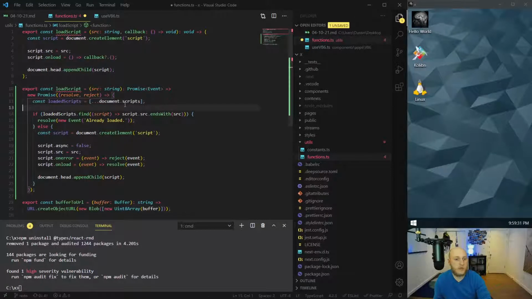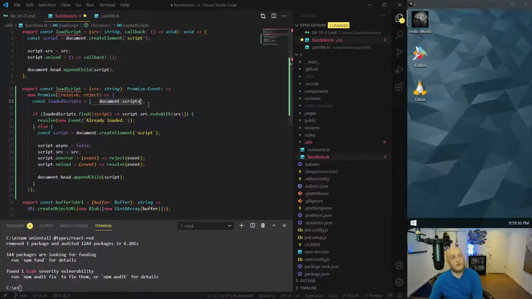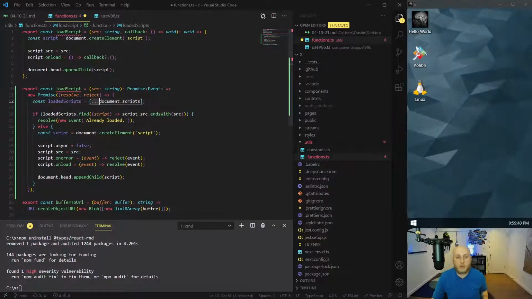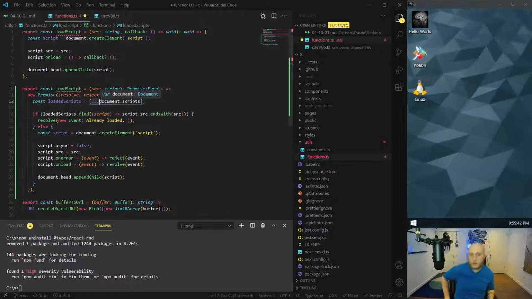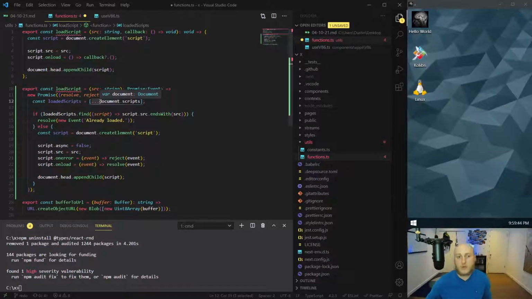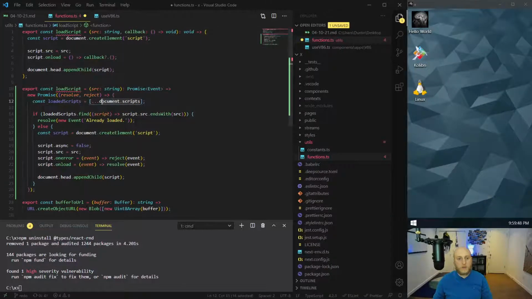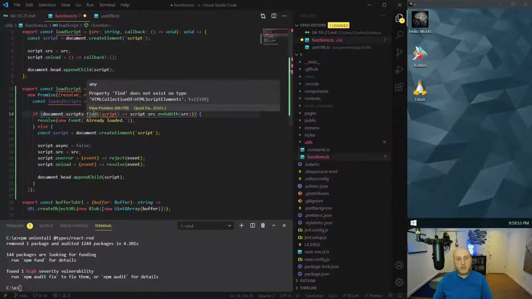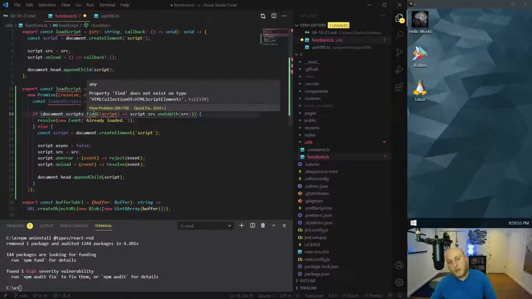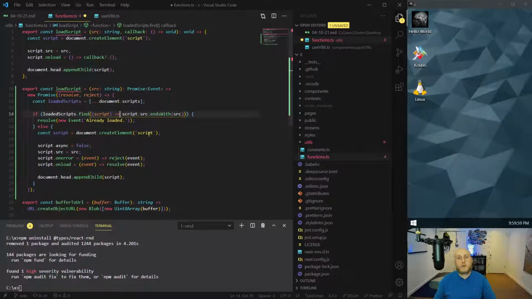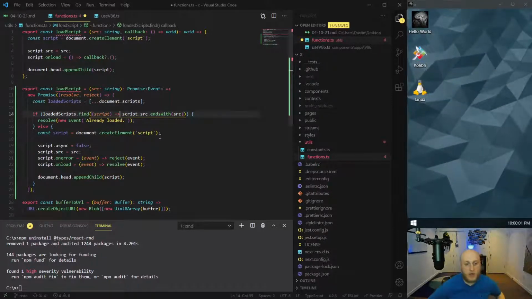this list updates. So this is not considered an iterable array that I can do .find on. So that's why I had to do this spread. It's a little modern JavaScript trick to convert this into an array that I can do stuff with in a proper way. So if I were to just go document.scripts like that, you see it says property find does not exist on type HTMLCollection. So to convert an HTML collection into something proper,